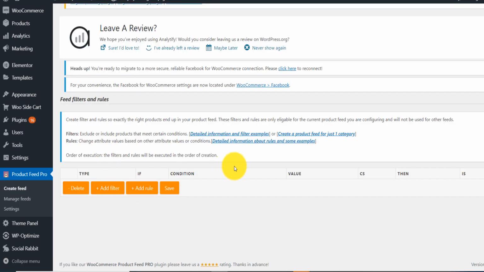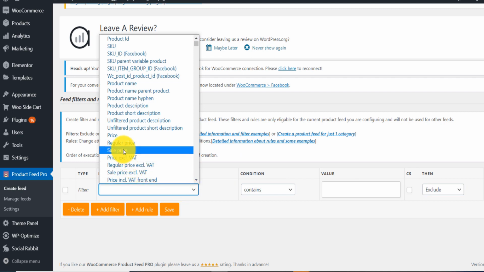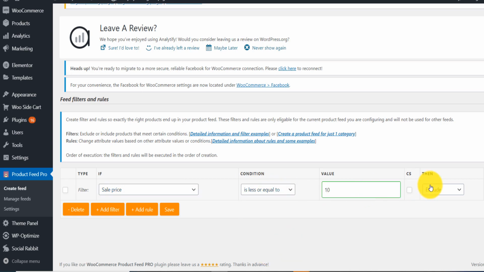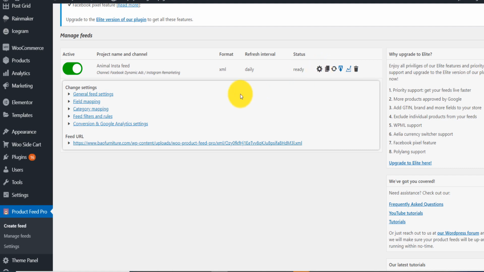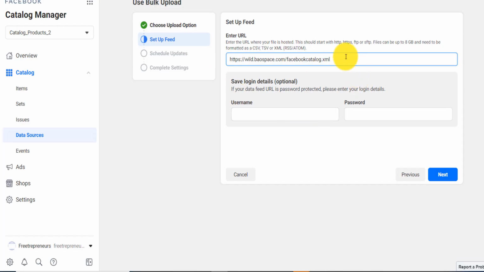So filters allow you to put conditions. I'm gonna add a filter and say if there is a product that has a price that is less or equal to $10, then exclude it. If the product is on sale and the price is less than $10, exclude it. Now here the Google Analytics campaign, this is for Facebook stuff. And then after that, you click on generate product feed. If you click here on this button, it will give you the feed URL. This is the feed as well that you can copy, and then you come back here on your catalog, and then